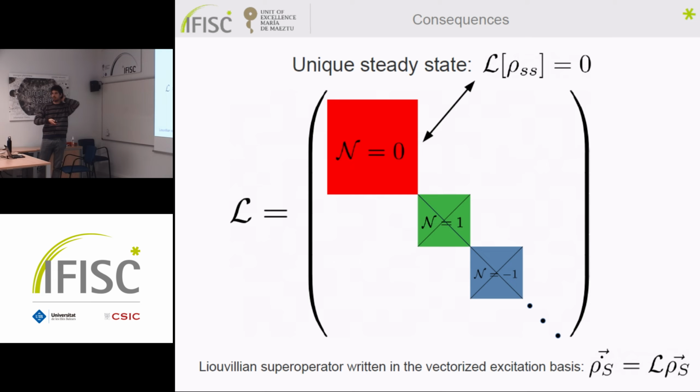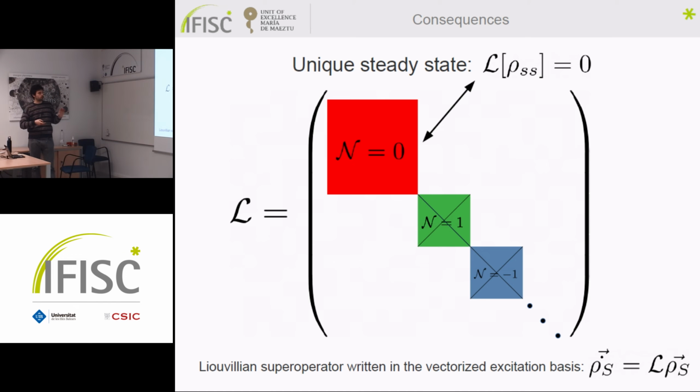Because in quantum statistical physics there are some things which are still unclear, while in classical statistical physics you get more or less all. So it's important to understand which steady state we are going to. And if we have a unique steady state that is defined like this, the fact that the Liouvillian superoperator does not make it evolve, in the sense that of course it stays there, because it's a steady state, it's equilibrium. Well, this unique steady state is all contained in the block with n equal to 0. So again, there is a big reduction in the search for the steady state of the system.